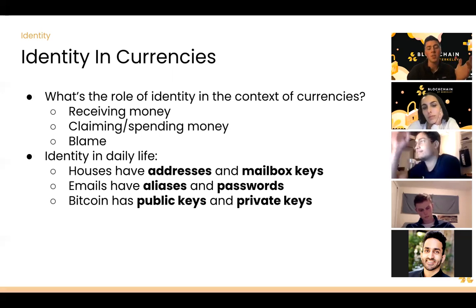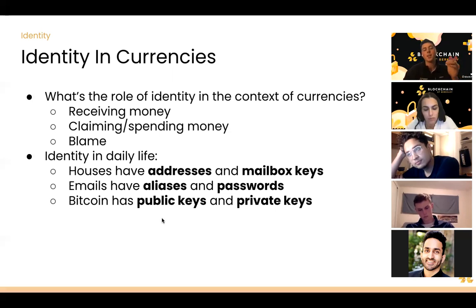In terms of identity in Bitcoin, I think of there being 2 different components to it. For starters, we have something called the public key and the private key. As a little analogy, think of someone's house. I can find their address and pinpoint exactly where they live. I can go on Google Maps and find their address, and when I pull up to their house, I know exactly where it is. I can tell that's my friend's house or whoever it is. And that is public and open to everyone.